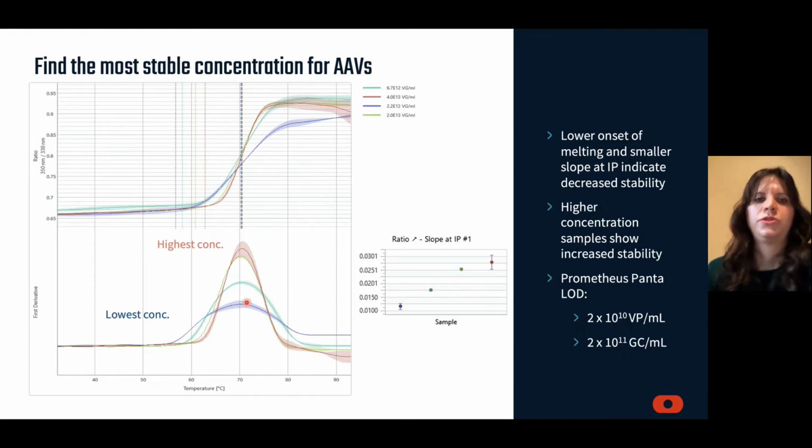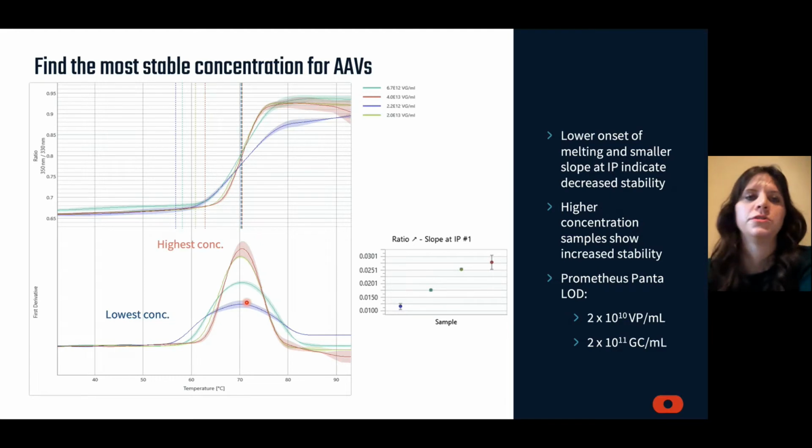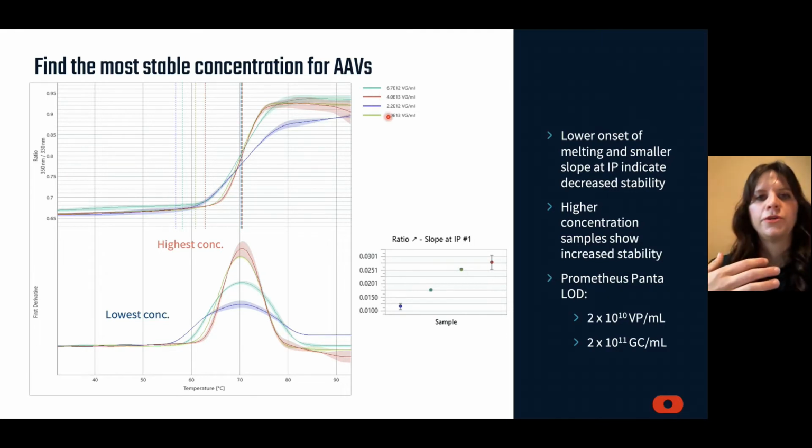Additionally, I'd like to address the question of concentration. Anybody who has already worked with gene therapy vectors knows it's pretty difficult to get them terribly concentrated, and there's a relatively narrow range of concentrations that AAVs are generally worked with. So here we have the yellow, which is actually the highest concentration, and then green, red, and blue, all decreasing in